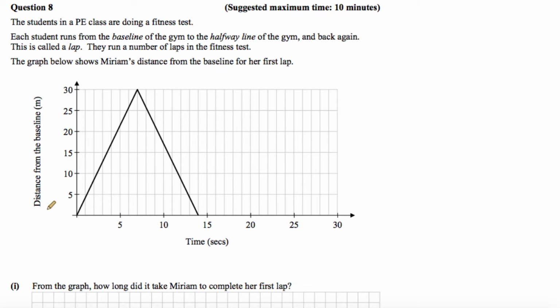So we can see from the graph here, distance from the baseline is on the vertical axis and time in seconds is across the horizontal axis. So we can see that Miriam starts from the baseline and runs 30 meters out to the halfway line, and then she runs back again, and she does all this in this amount of time here. So the first question,